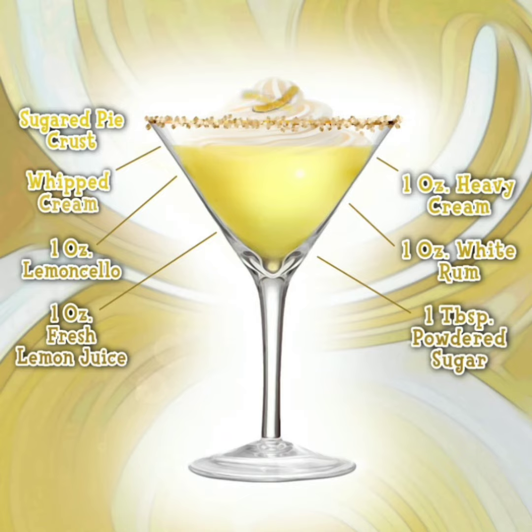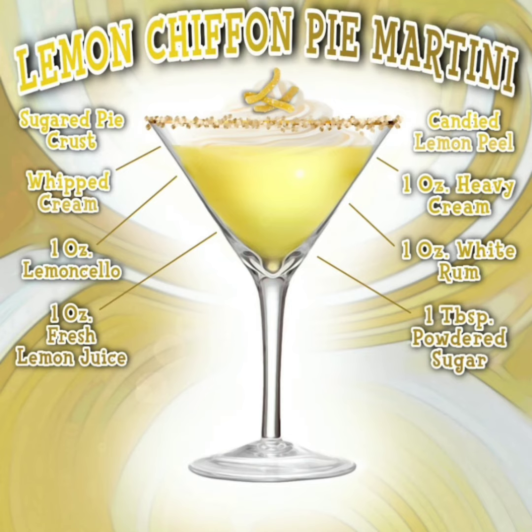and several slices of candied lemon peel. And you're ready to enjoy the Lemon Chiffon Pie